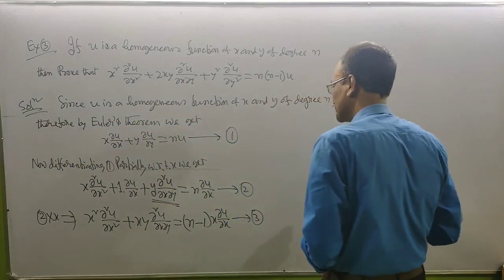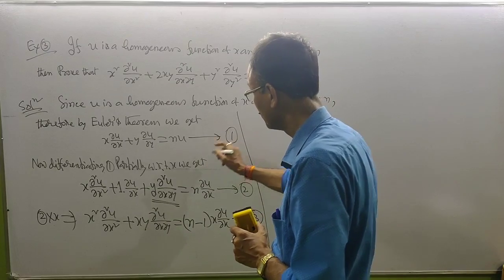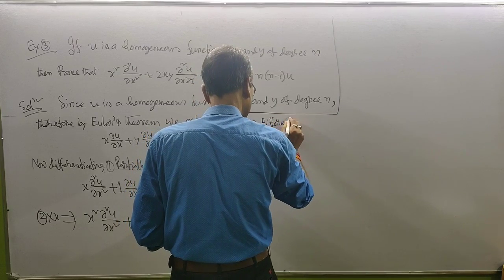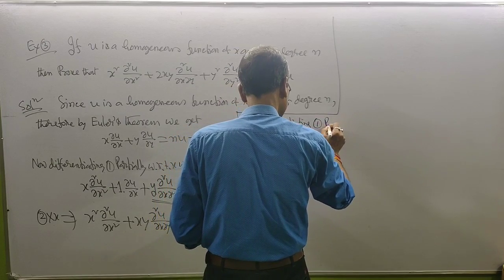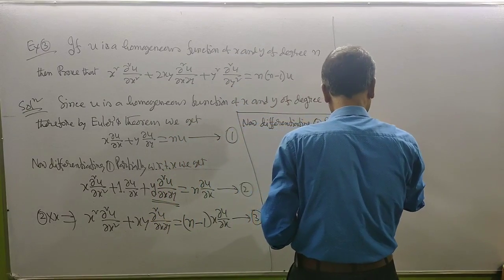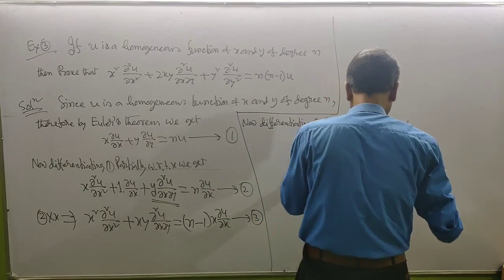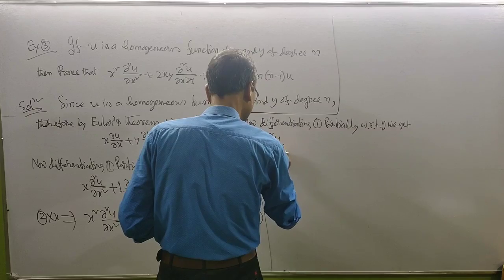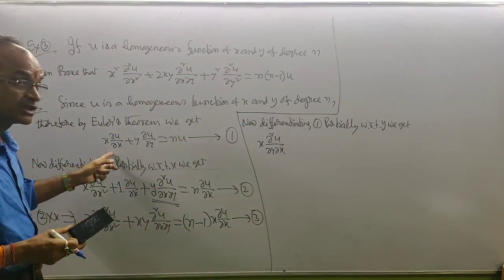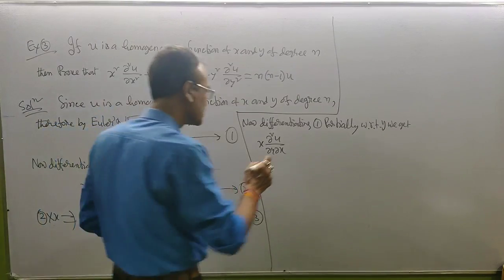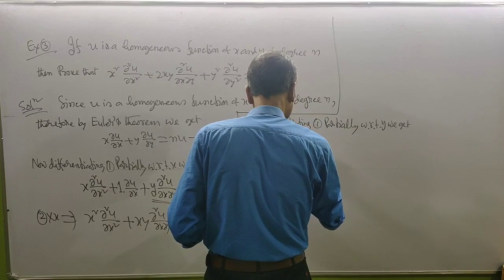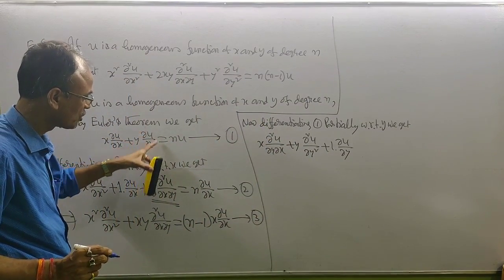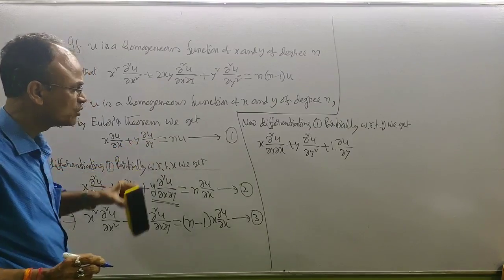Number 3. Now differentiating 1 partially with respect to y, we get x del 2 u by del y del x, with respect to y, and x is constant here, plus first function y del 2 u by del y square plus 1 del u by del y, differentiation of del u by del y with respect to y, del u by del y into 1 equal to n